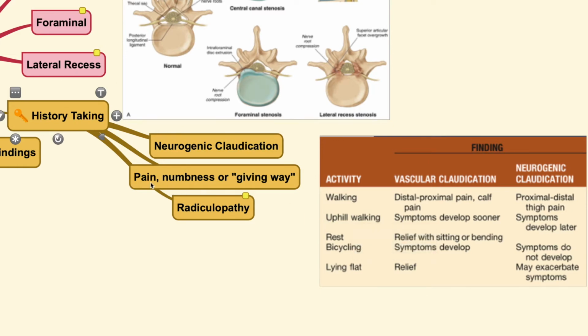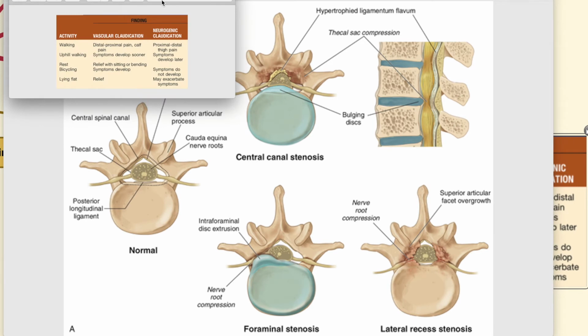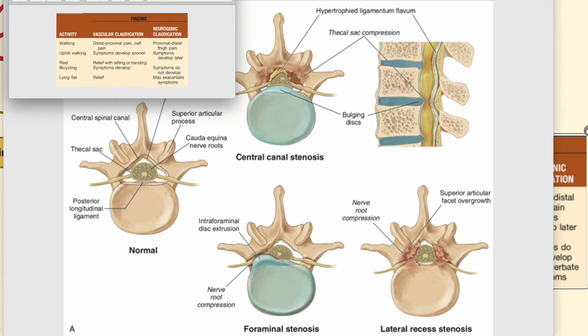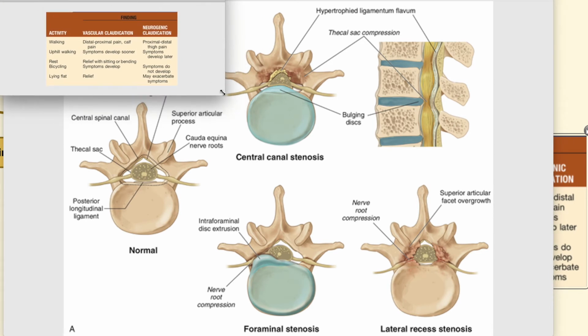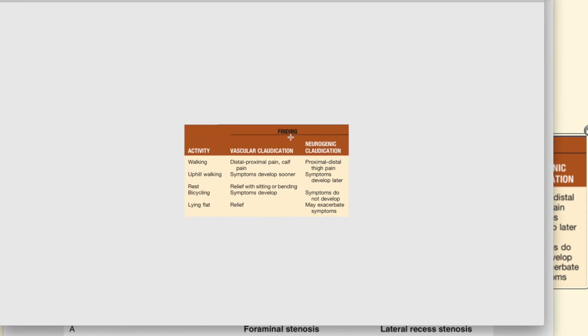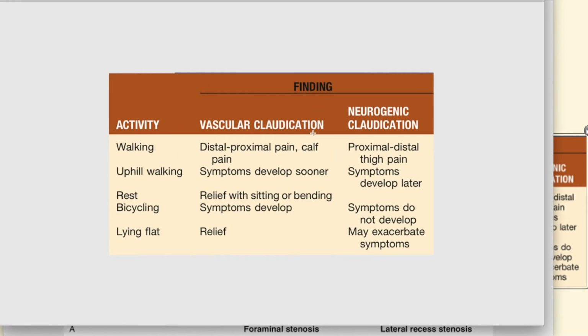There could also be other symptoms such as pain, numbness, or giving way, along with radiculopathic signs. Now, when we talk about claudication, the neurogenic type, you need to differentiate it from the vascular cause. For the neurogenic type of claudication, usually walking will induce a more proximal to distal thigh pain. Remember, it is situated higher up around the thigh, while for vascular claudication, the calf pain